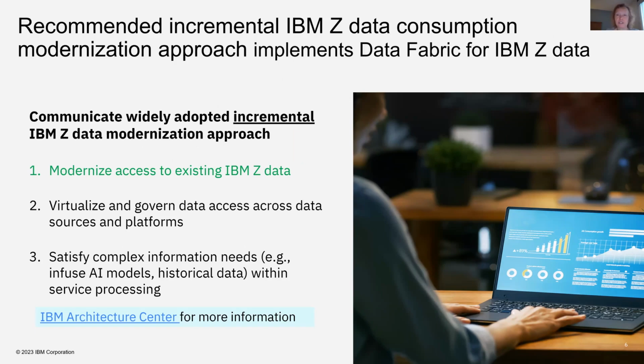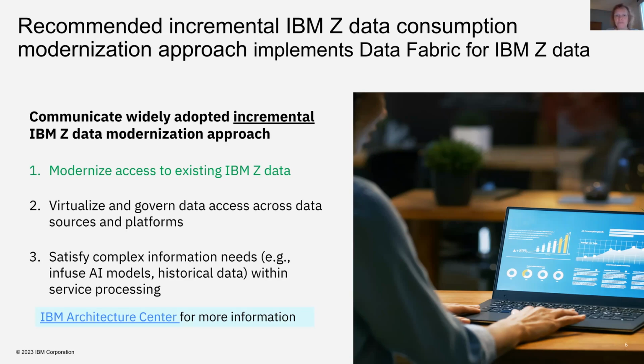And if you go back to your company, you may already be well on this path without realizing it, because you follow best practice. So it's basically 3 steps. And in this presentation, we just focus on the first one, modernize access to the existing IBM Z data. There are 2 additional steps that actually help to implement a data fabric or data mesh data architecture, including IBM Z data,